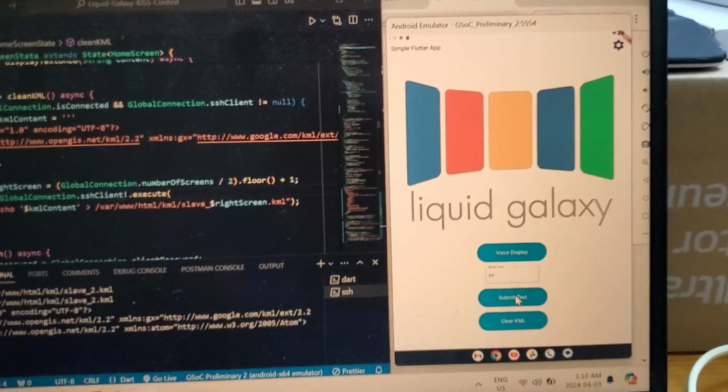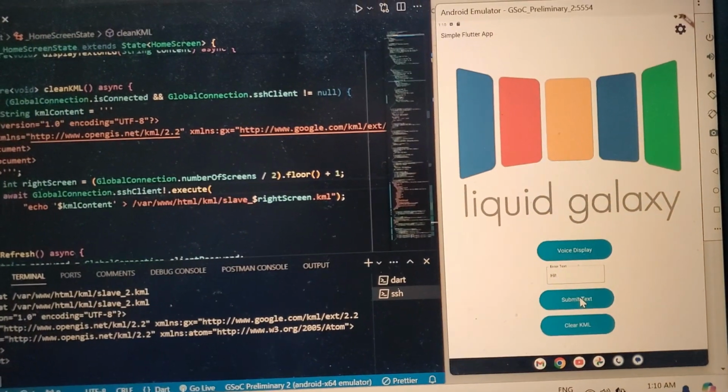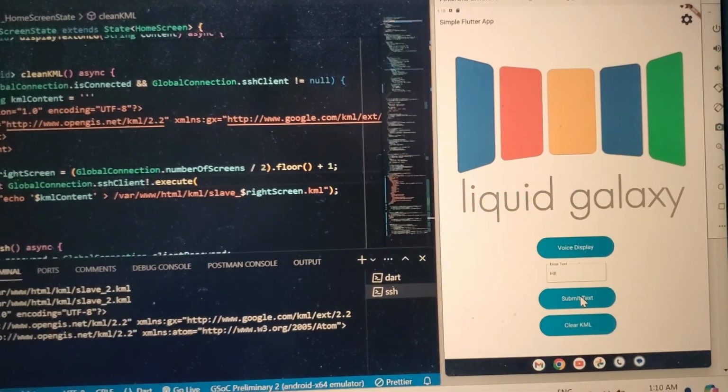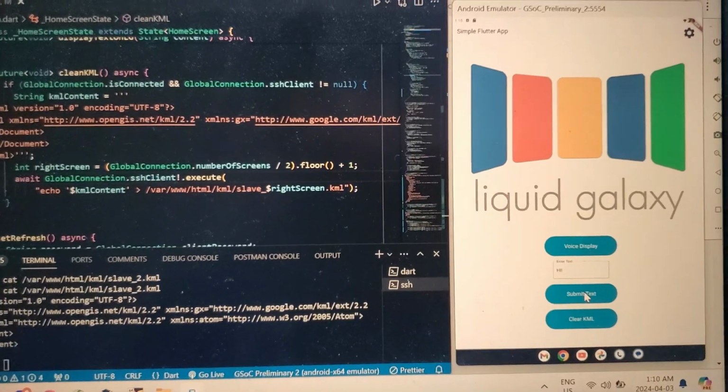So after we get back a response, I'm going to display it onto the rig, just like how you can see right here. And then I'm also using the Deepgram text-to-speech API, so we can also get an audio file for it, so we can listen to the response back. And yeah, that's pretty much it.